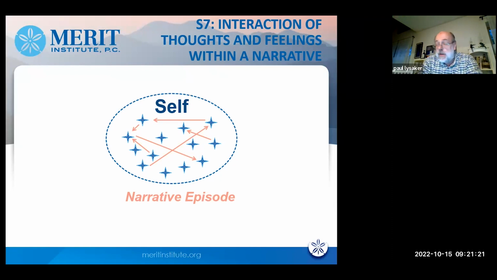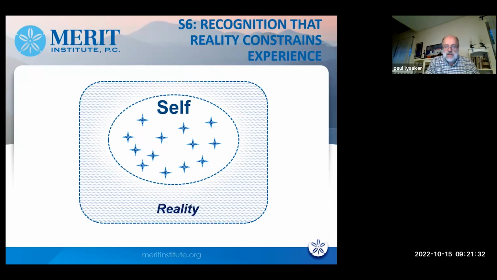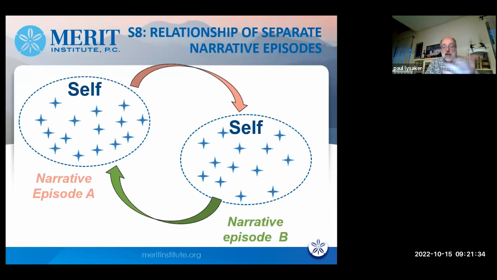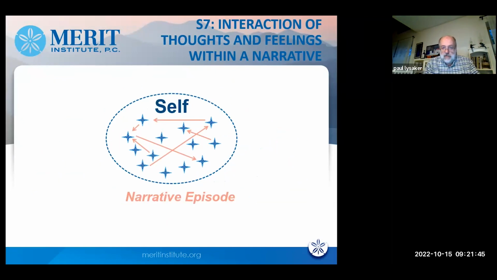So usually when we get healthy controls and we do metacognitive research, people without severe, significant challenges, they can do this pretty reliably. Not everyone seems to be able to do S8, which is to relate different episodes to one another. But most people who have no substantial psychiatric challenges are able to do 7. But not everyone can do 7.